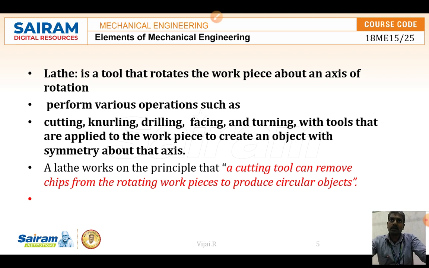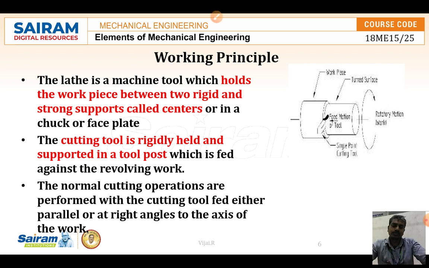It may be a circular raw material or a square block raw material, no problem, but we can produce a cylindrical workpiece. That is the final thing. Any raw material which can be clamped in the chuck and rotated, while it is rotating we can use cutting tools and remove the material.